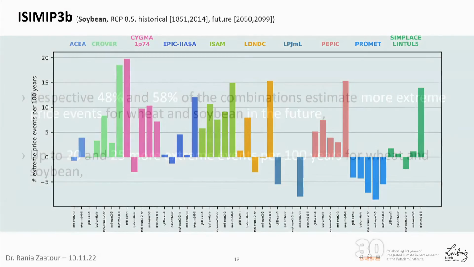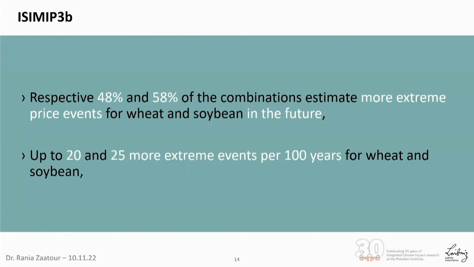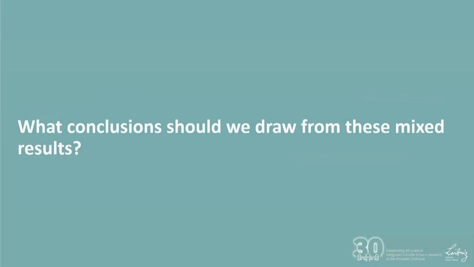So the key notes from this set of results is that respectively 48 and 58% of the combinations estimate more extreme price events for wheat and soybean in the future. And these extreme price events are up to 20 and 25 more events per 100 years for the respective cases of wheat and soybean. So we've seen some models expecting a higher variability and more extreme events in the future,